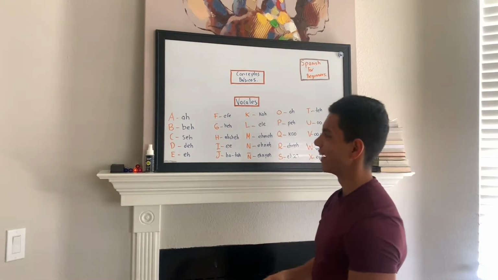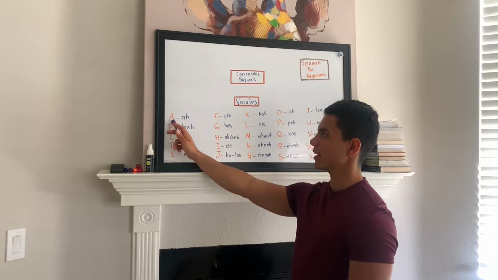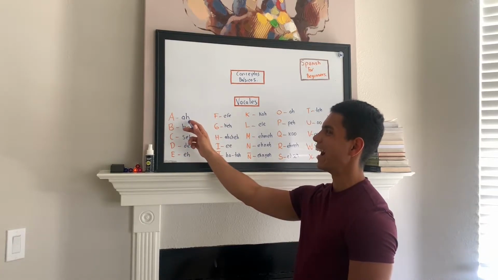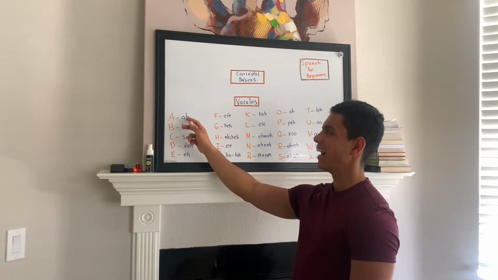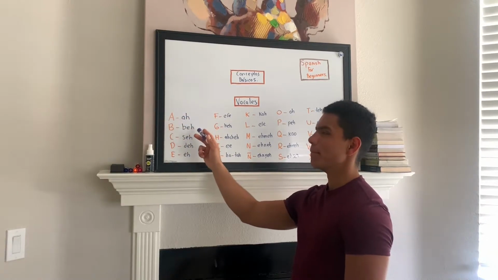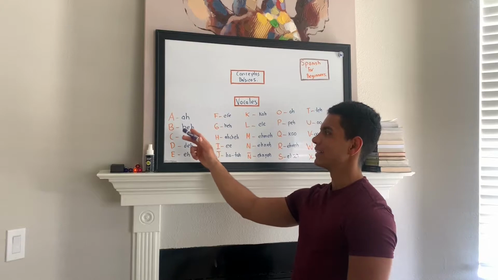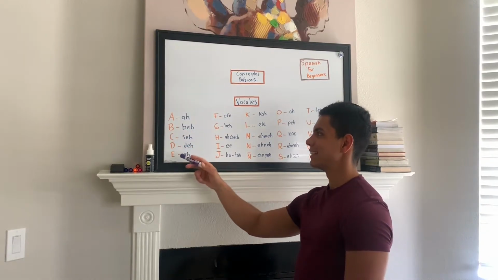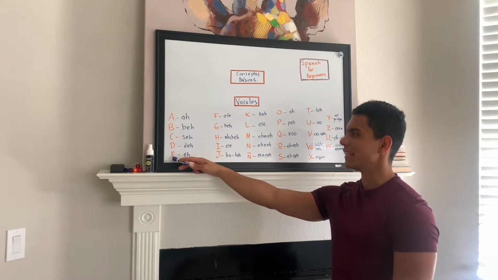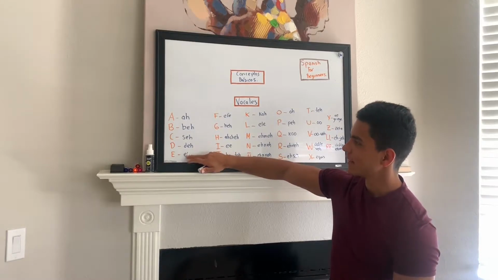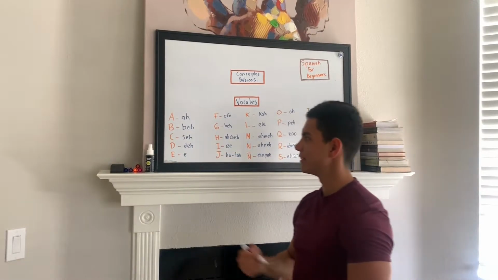Okay, I'm gonna start with A. How do you spell letter A? How do you say it? That will be A. A in Spanish, that will be A. B, B. C, C. D, D. And E, you can say it